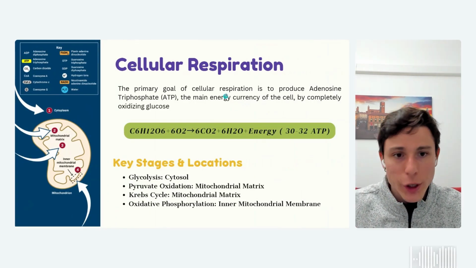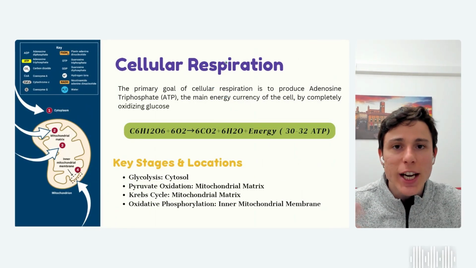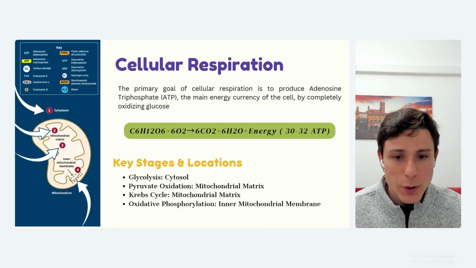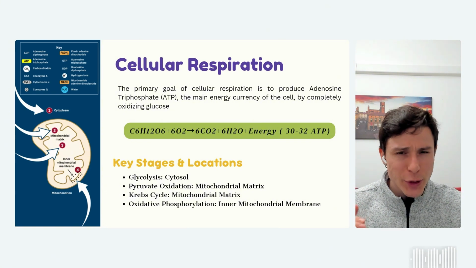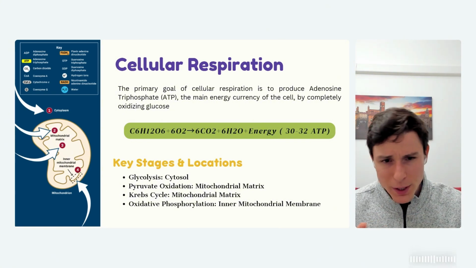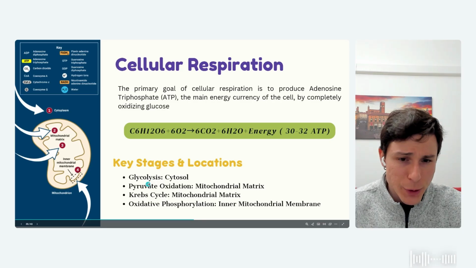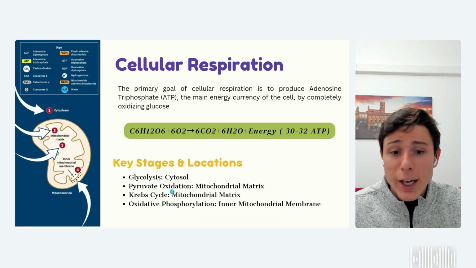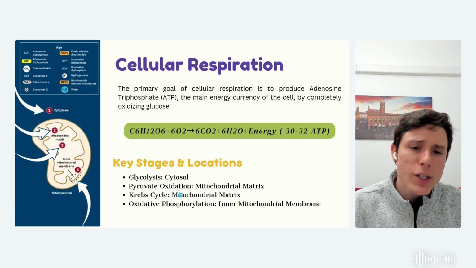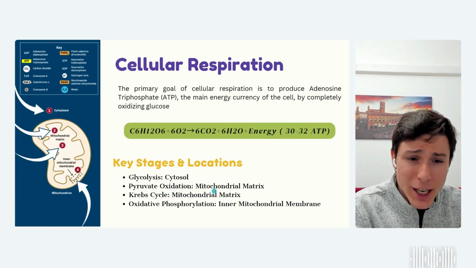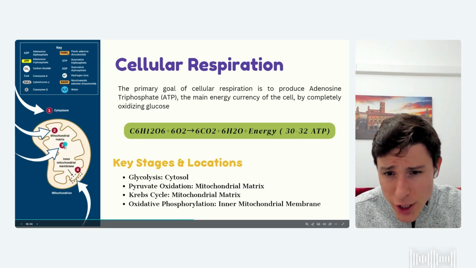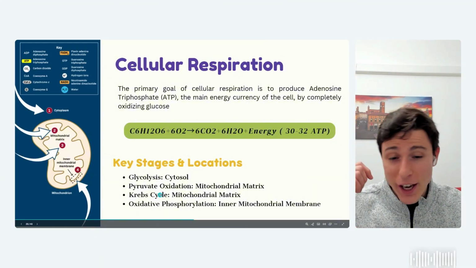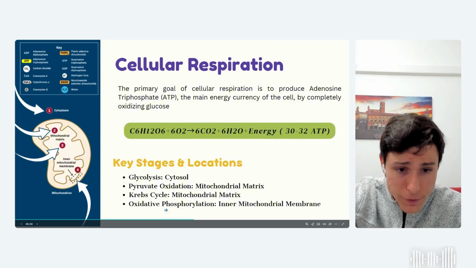Now, something that is important as well when talking about cell respiration in a generic way is understanding all the steps and also the location of these steps. We usually split cellular respiration into 3 steps or 4, depending. This is the order we're going to find. First we're going to have glycolysis, the one we're going to talk about today, and it takes place in the cytosol. On the other hand, we're going to have pyruvate oxidation. That is an important process. We're also going to talk about this, and it takes place in the mitochondrial matrix. That is basically the inner side of this organelle here. Then the Krebs cycle, the one that people usually struggle a lot with, that has a lot of names. Finally, we're going to have oxidative phosphorylation.